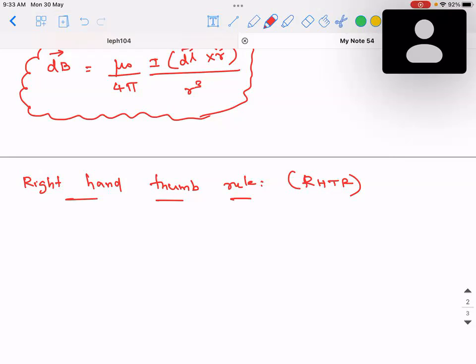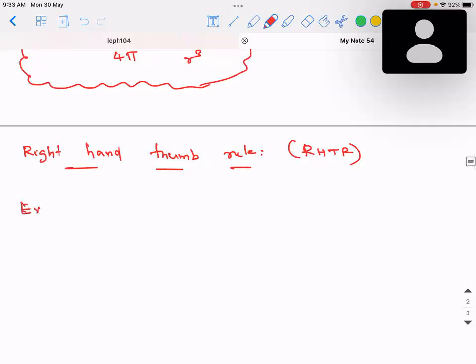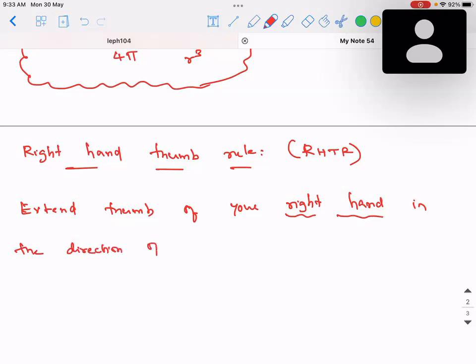Direction of electric current. Okay. Magnetic field. Correct. So please make a note of it. Extend the thumb of your right hand, so underline the words right hand. Okay, extend the thumb of your right hand in the direction of whom? The direction of electric current. And what are we supposed to do with the remaining fingers? Curl